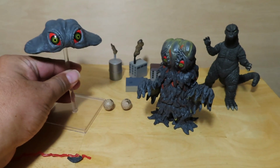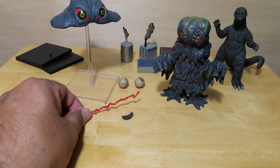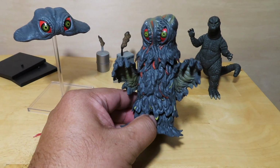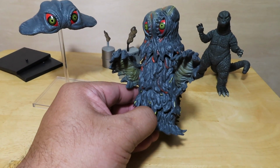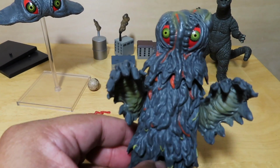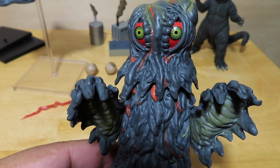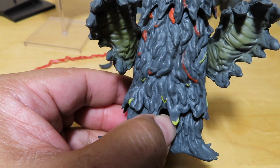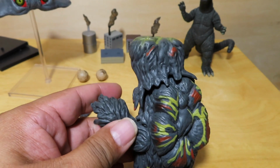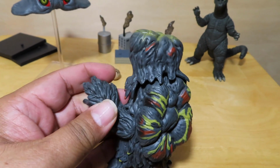So pretty cool. I was considering picking up the SH Figure Arts Hedorah, but I don't know, it's a bit pricey, and I'm quite happy with this. I have a whole bunch of Hedorahs in the collection, so don't know if I need that SH Figure Arts version. This one looks kind of cool in my opinion. You can see there all the details on this guy. Again, the nice print work there on the eyes, and all the paint variations throughout, underneath the arms. Backside there, top of the head,